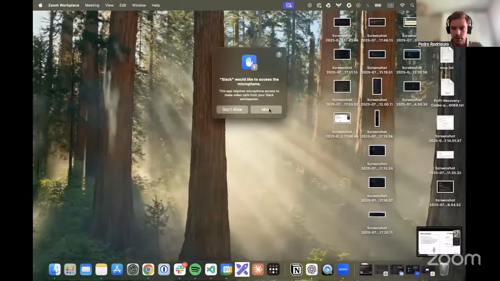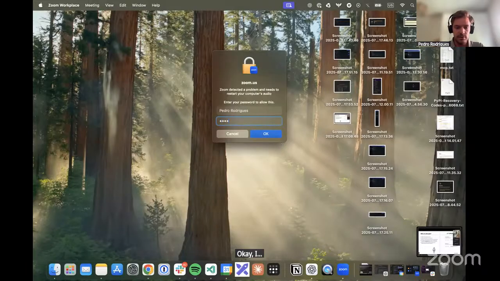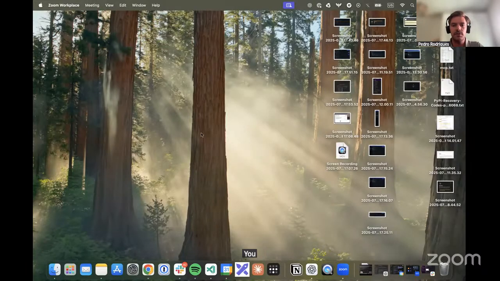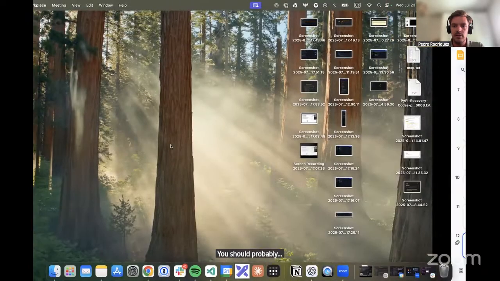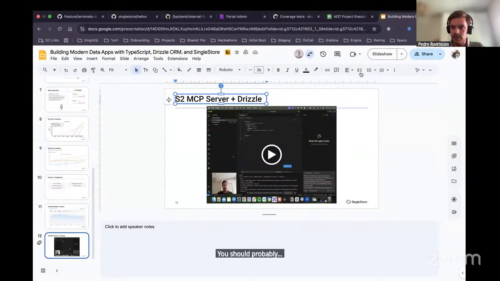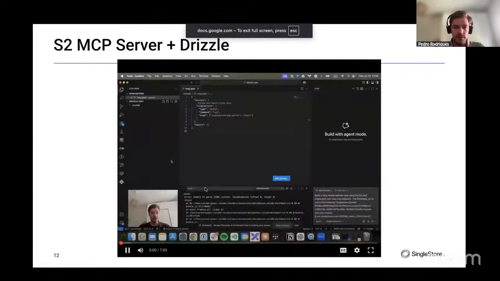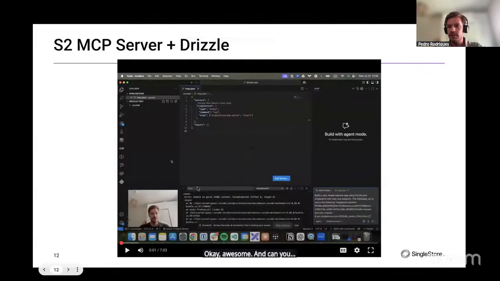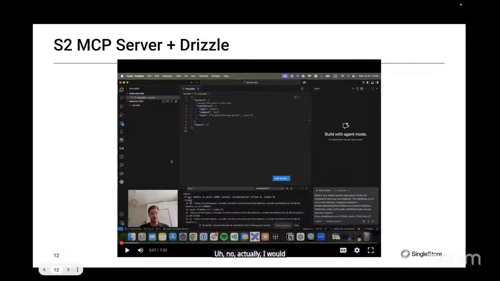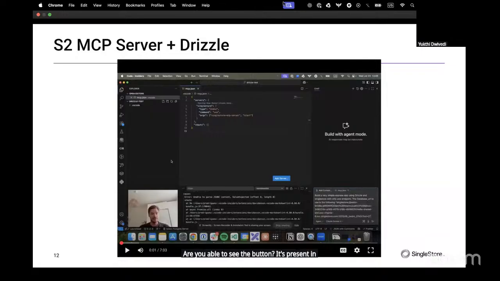Can you guys see my screen? Yeah, it's visible. Okay, awesome. And are you able to listen to the video? No, actually, I would recommend that you press the share button that is there on the console. Are you able to see the button? It's present in the Zoom console.